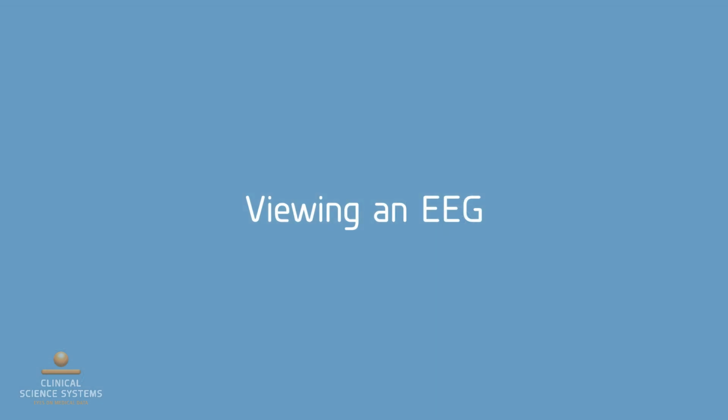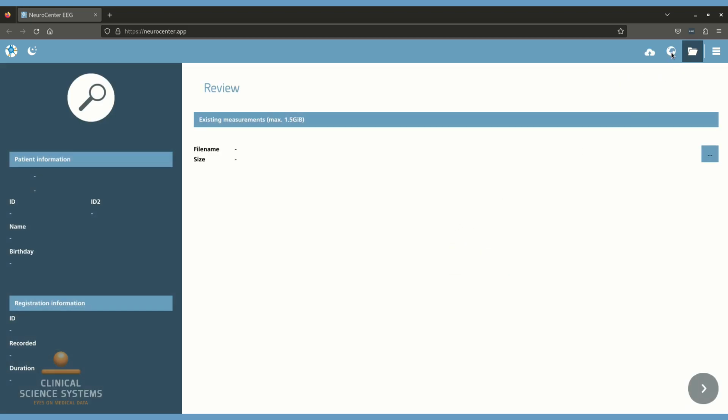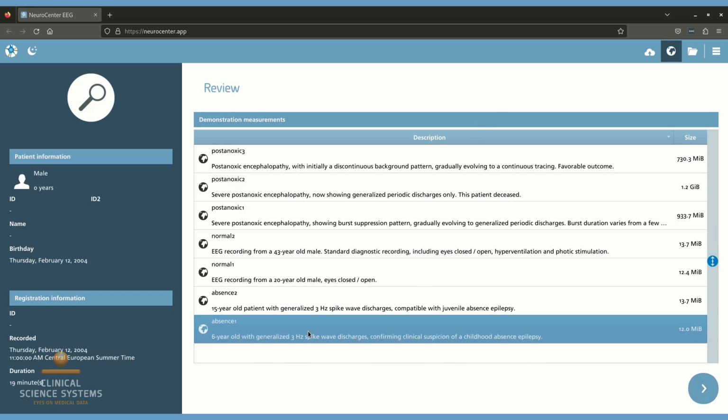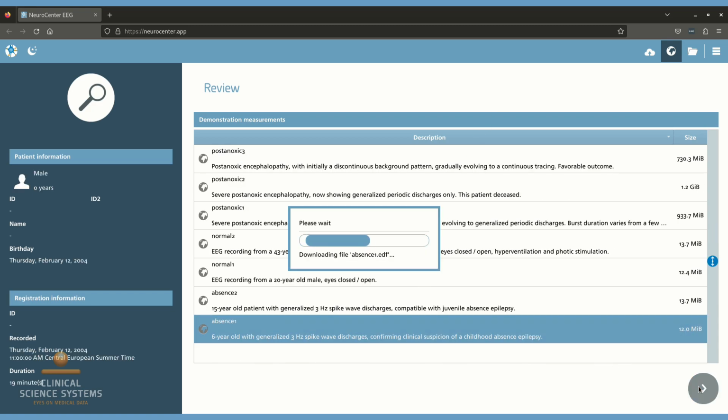To view an EEG, simply press the Review button from the home screen. Here we choose to download a demo file for now, to get some basic understanding of the EEG viewer. From here local files, or files stored in your connected cloud store can be accessed as well and opened for